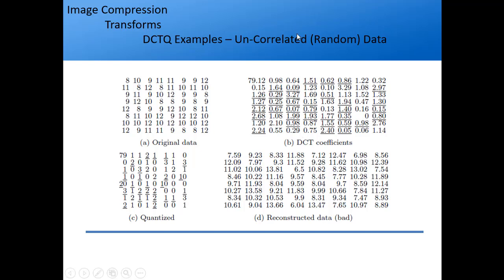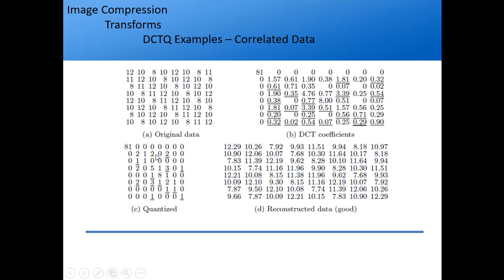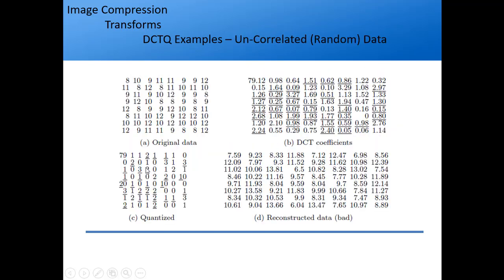But if you take uncorrelated or random data, see what is happening here. It is increasing by 2, then decreasing by 1, then increasing by 2, then not increasing. Along the diagonal also the numbers are changing. So this is random data. If you again apply the DCT formula, you get this. When you quantize it, again 79 and many numbers. In the previous case there were many zeros, but here there are fewer zeros, so you have to transfer more data.